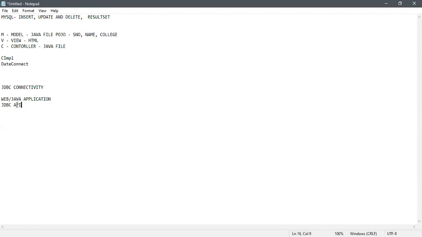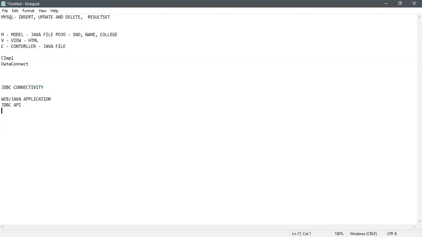The words you have to remember, because maybe you can expect a question from this. So just go through these terms. JDBC: the first one is the web application. API means application program interface; directly it is telling that this is an interface for the web applications we are working on.